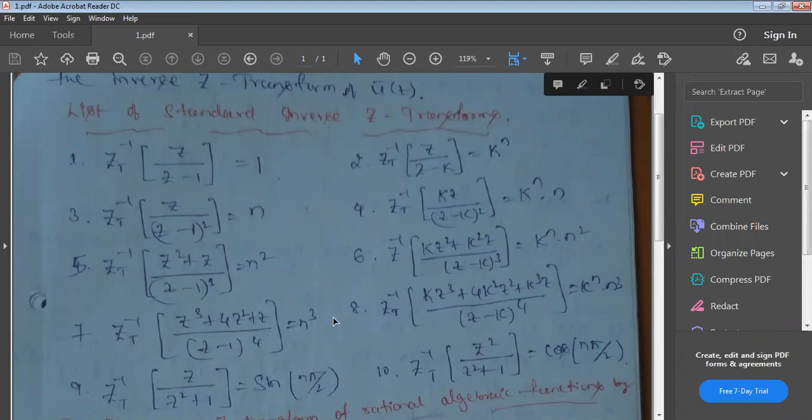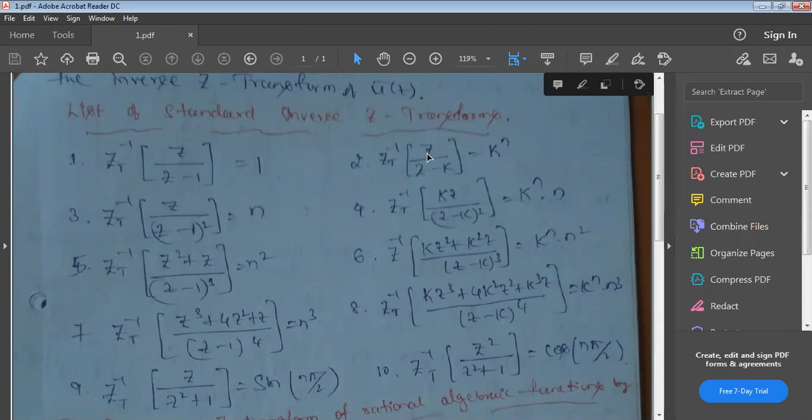See, these formulas already you know. So in the last class we have defined Z transformation of 1. What is Z transformation of 1? Z by Z minus 1, correct? This is the formula you have written. Now the reverse. Inverse of Z by Z minus 1 is 1. And in the last class you have written K power n. If there is a term K power n, the Z transformation of K power n, we used to write as Z by Z minus K. Now the reverse. If there is a term like Z by Z minus K, the inverse of that Z by Z minus K is K power n.